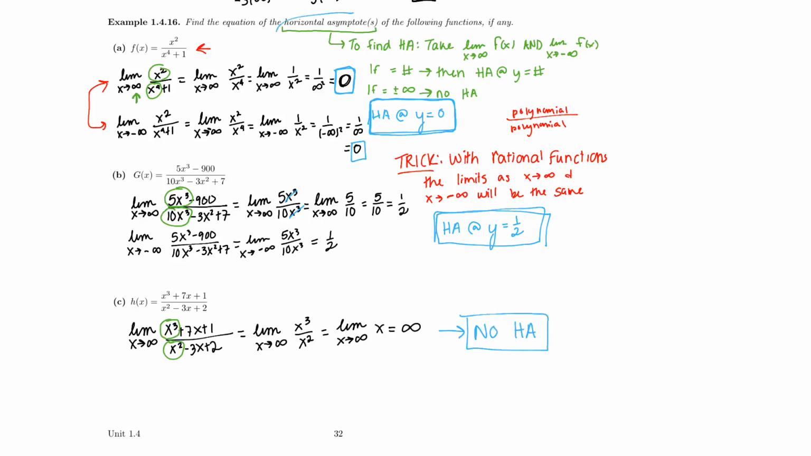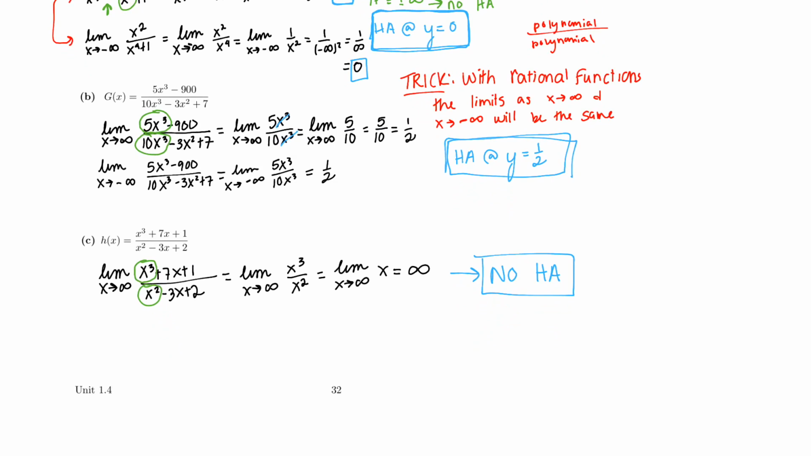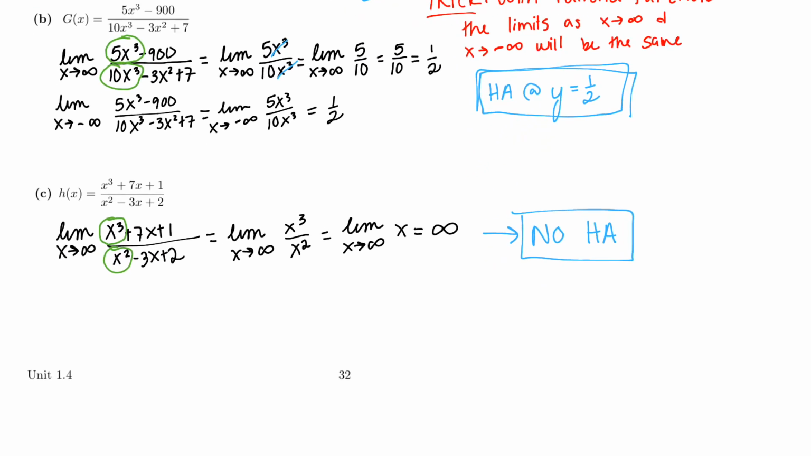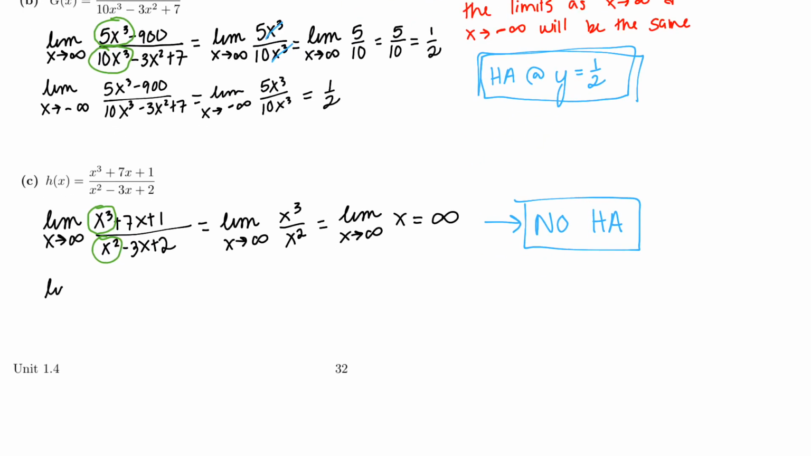So this question, remember, was asking about horizontal asymptotes. So there's no horizontal asymptote there. And then for the other direction,